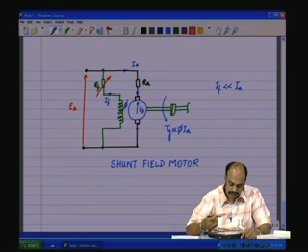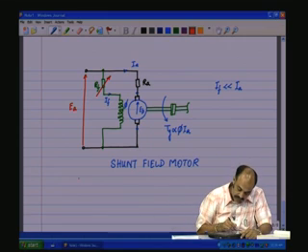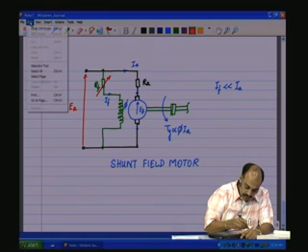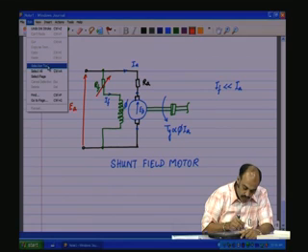So, in the case of, let us say, a constant field motor,